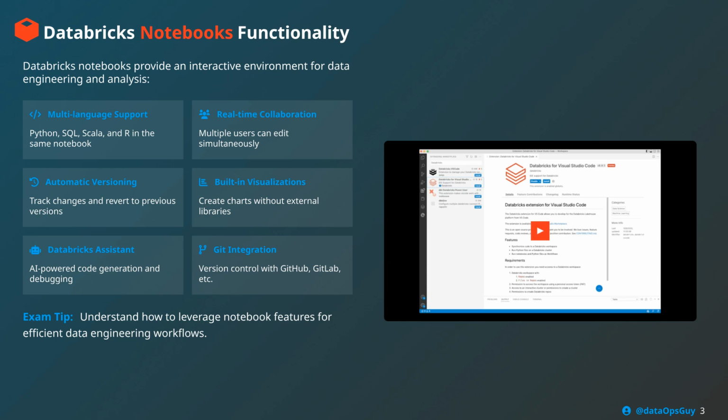Built-in visualizations let you create charts and graphs without external libraries, while widgets enable interactive parameters for dynamic notebooks. For the exam, remember that notebooks integrate with Git repositories, support library management, and can be chained together for complex